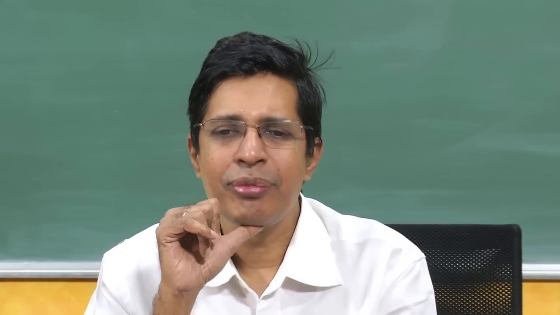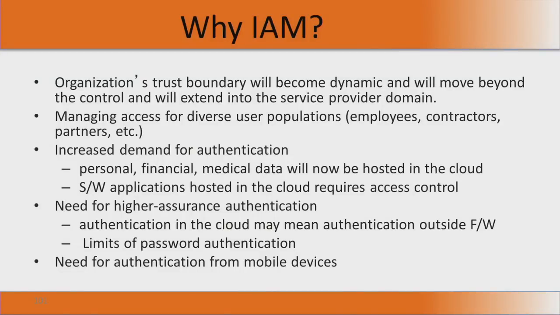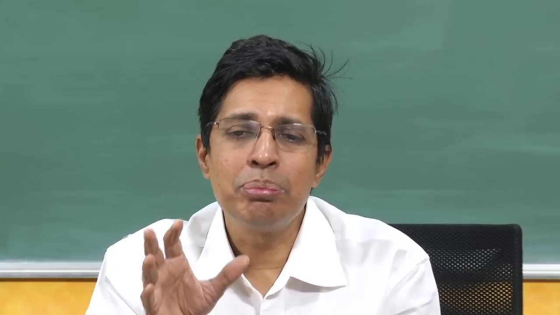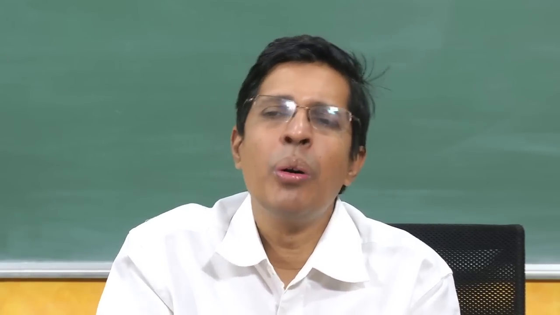When there is a movement from a normal data center to a cloud, the most important thing that comes up, other than the other security we have taken care of, is the identity and access mechanism. What happens when we move from a data center to a cloud, which is more public? Your trust boundary is now enlarged. Suppose you have a data center, there is a system integrator for you, and a network service provider for you. We were just trusting these people. Now the trust is expanded to the cloud service provider. So we go into his domain,